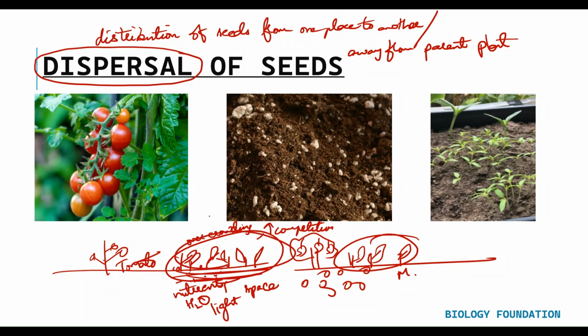In order to avoid this competition, there is distribution of the seeds far away from the mother plant. But seeds, can they walk? No. So that's the reason they also need agents so that the seeds can be dispersed to different areas. Like, for example, do you ever find hibiscus only in your locality? That's not the case, right? You find hibiscus flowers